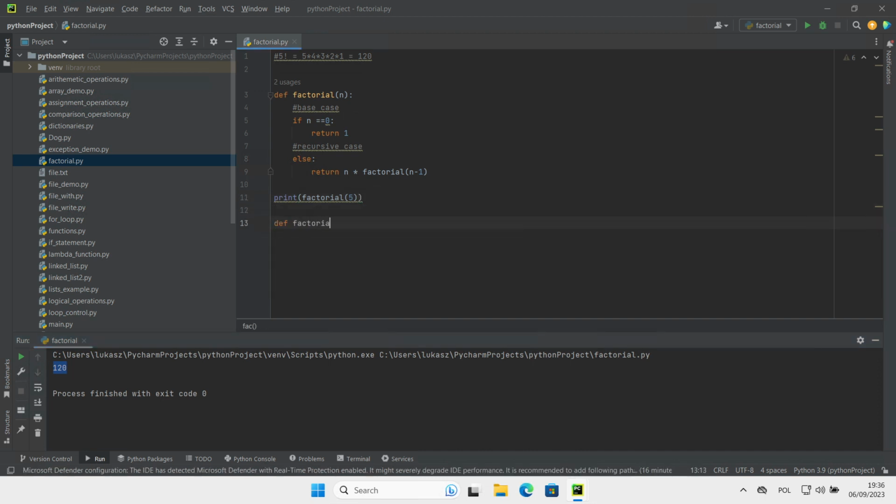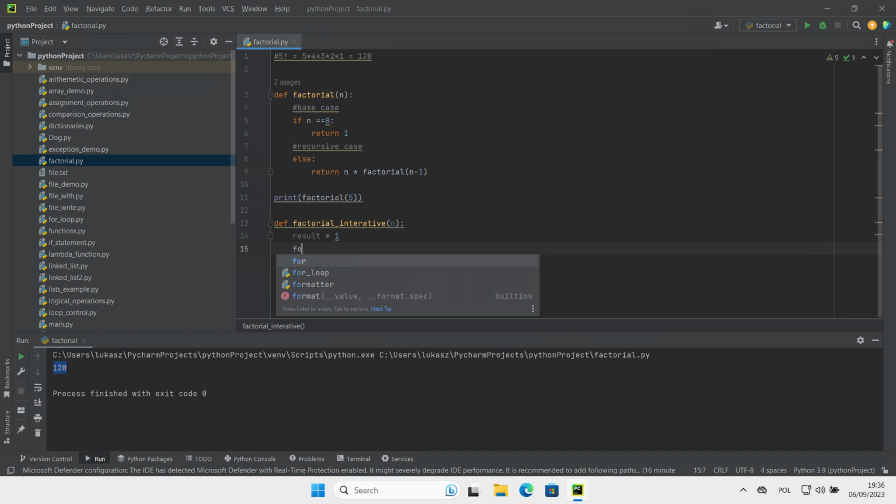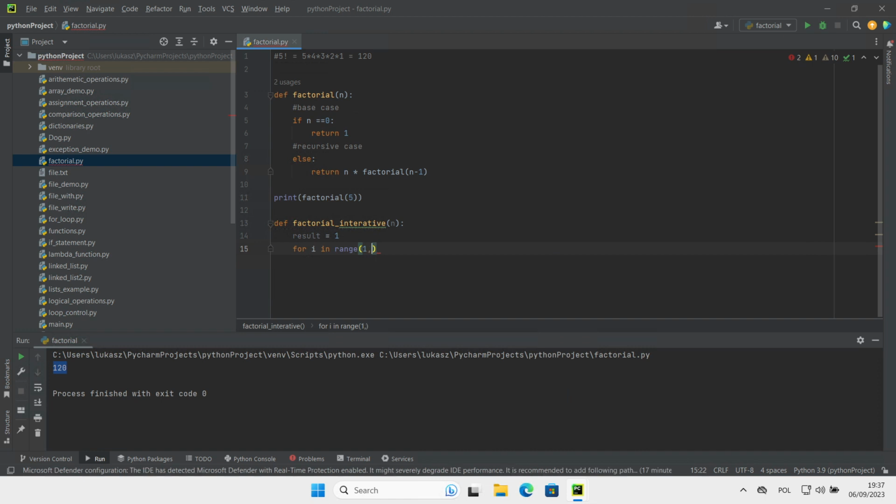def factorial_iterative, result equals 1, for e in range 1 to n plus 1, result, return